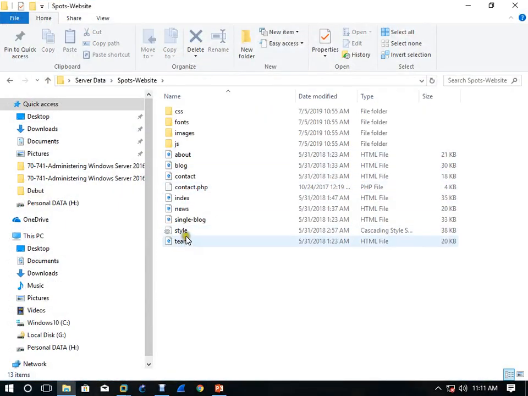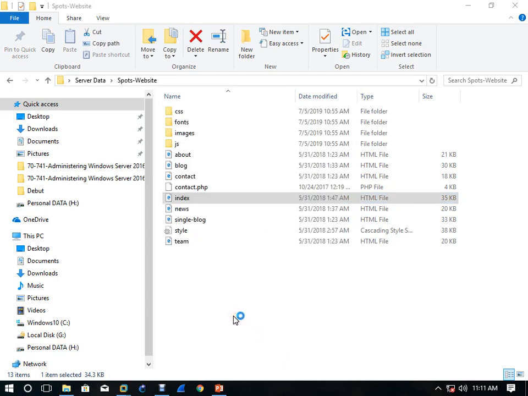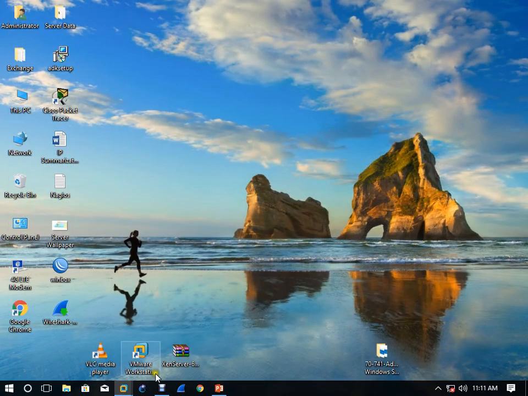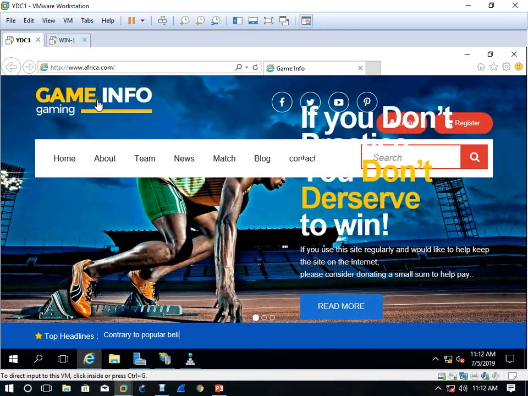Sometimes before you deploy, you have to check your browser, okay, this template. So open index.html. So I'm just checking whether the website was correct or not. Okay, website is okay. Okay, see, www.africa.com, and see the website is there.